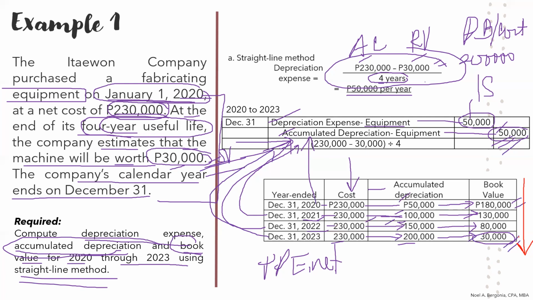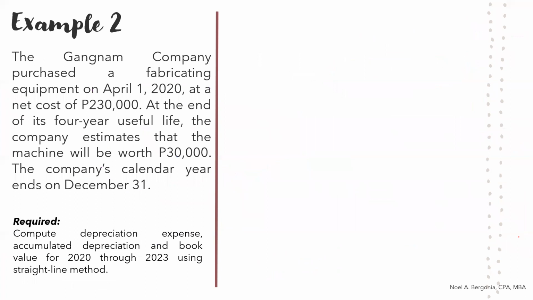So for my last example, this is similar as well to example 2. Pero ito, ang pinagkaiba lang niya is yung date kung kailan binili. Kanina January 1. Ngayon po, same, no? You are asked of the depreciation expense, accumulated depreciation, at saka yung book value pa rin for the years 2020